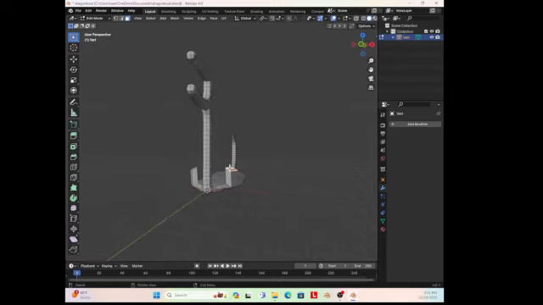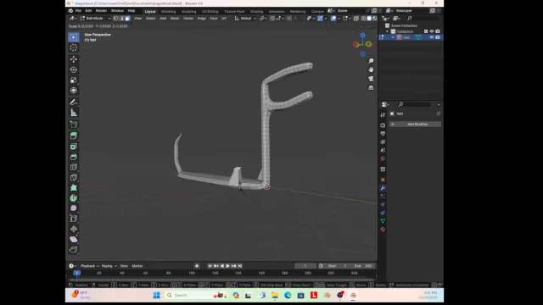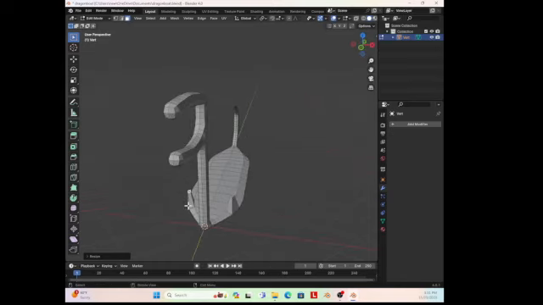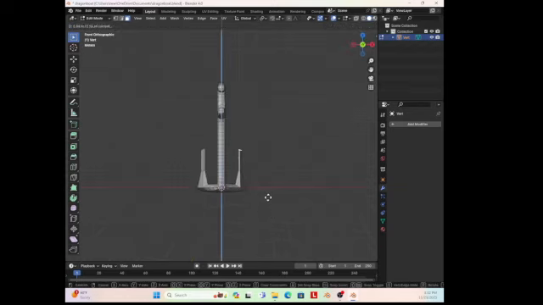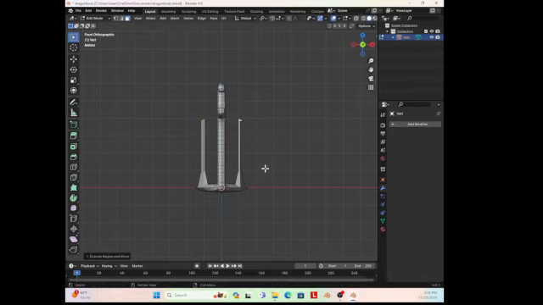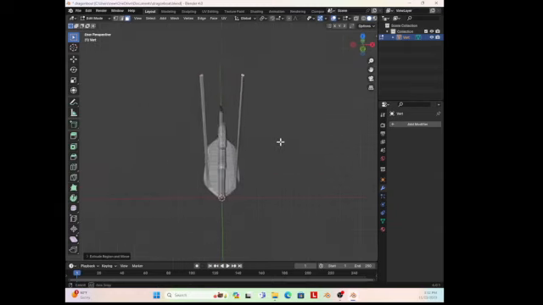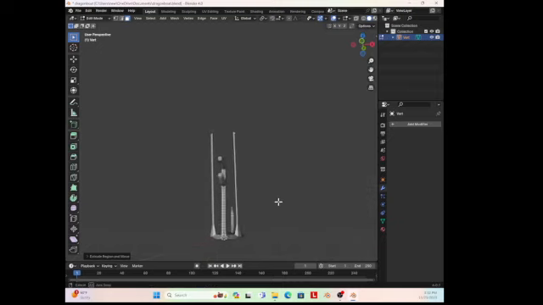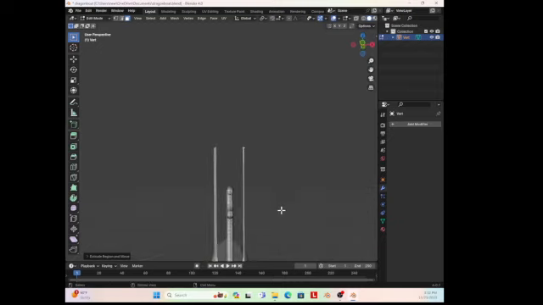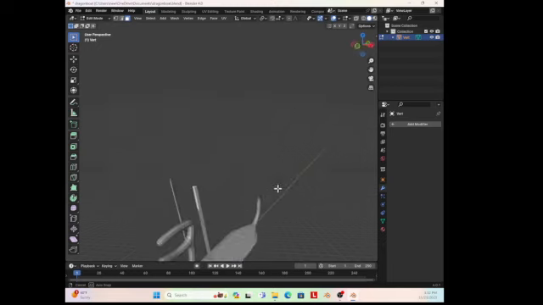So, scale that like that. From here, select this one, scale that one down. Then from there, reselect both. We're going to extrude that up, and extrude that up. I think I'm happy with that. Excuse me, my apologies. Okay, so now from there, I'm going to select the top face of this one, and